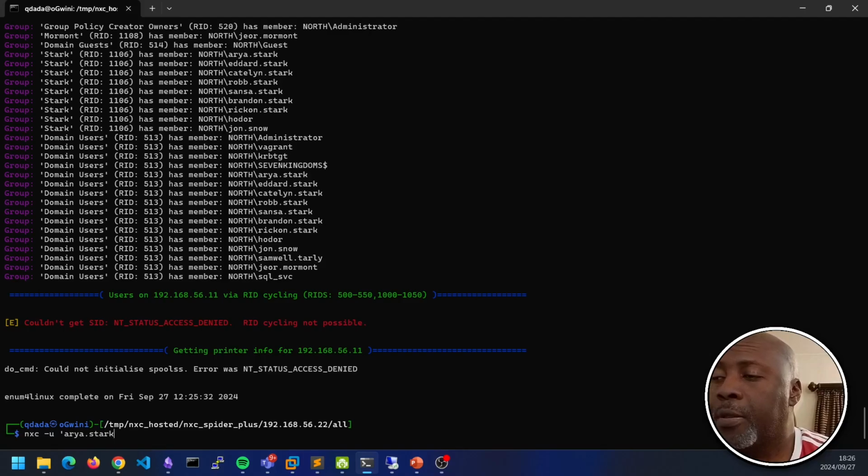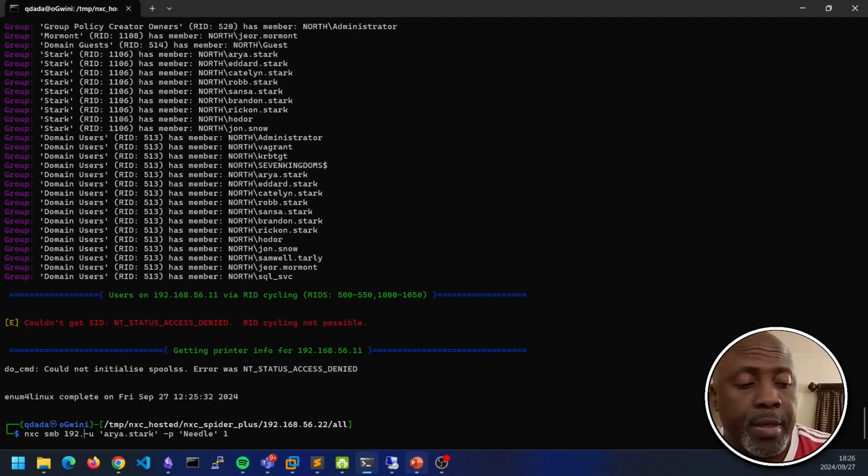Arya Stark, and the password is needle without the full stop. It's using the SMB module, and everywhere.